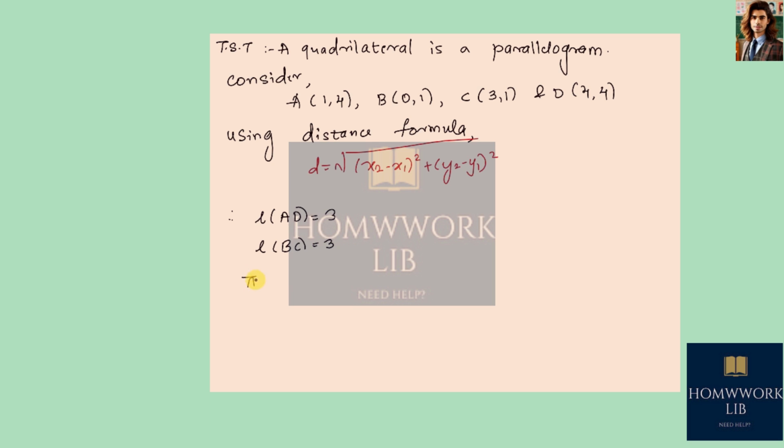So the opposite sides are equal. Further, length of AB is root 10, which is also equal to length of DC. Again, the opposite sides are equal. So further, now we can say that finding the slope of the line,